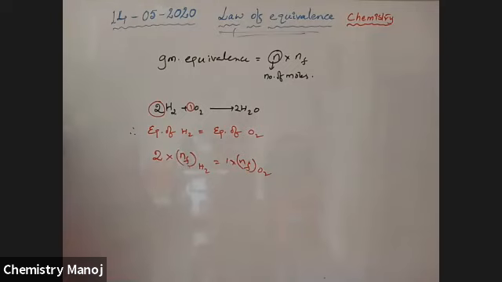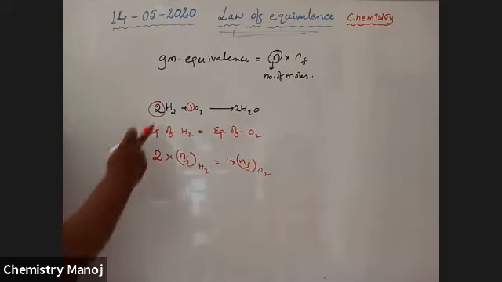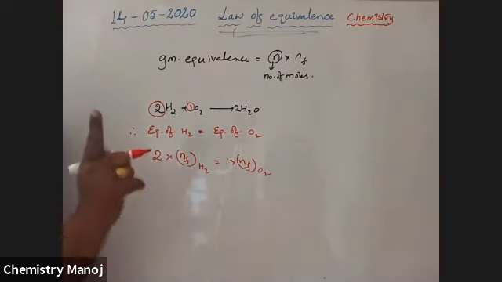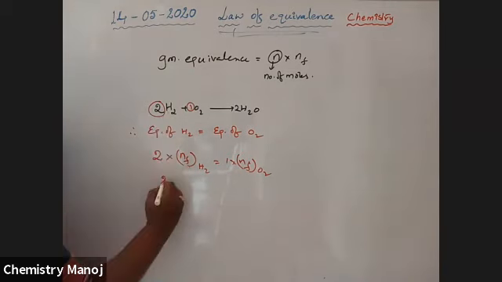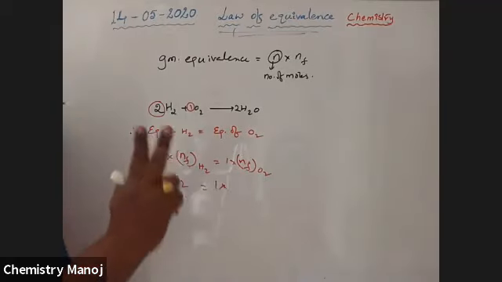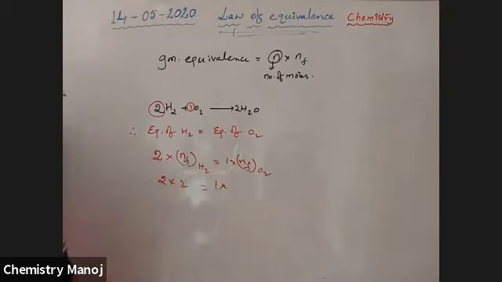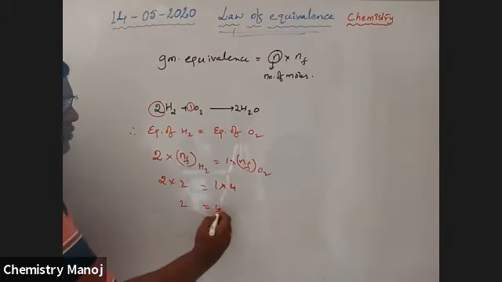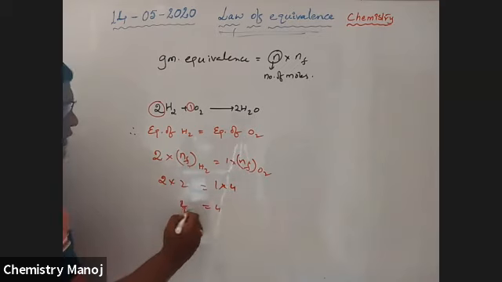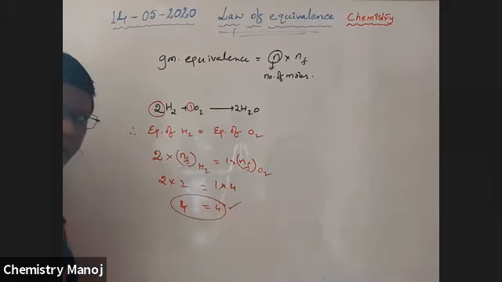N factor for O2. For element hydrogen, n factor is 1. For H2, n factor is therefore 2, which is equal to 1 into n factor for oxygen. For oxygen, it is 2, already I explained. Now, n factor is 4n. Therefore, 2 is equal to 4, sorry, 4 is equal to 4n. Automatically, it is equal. That is proof of the concept. Just I am going to prove that concept.